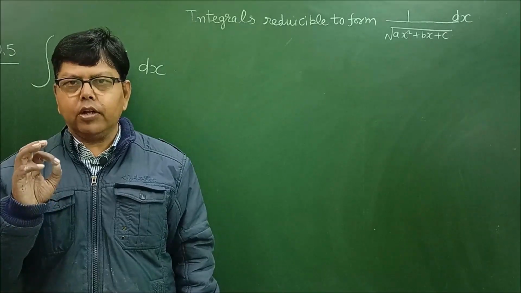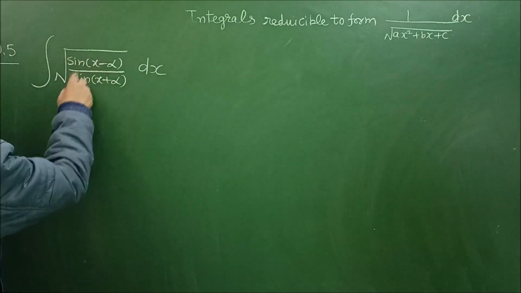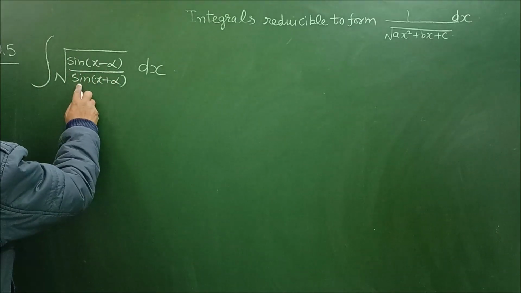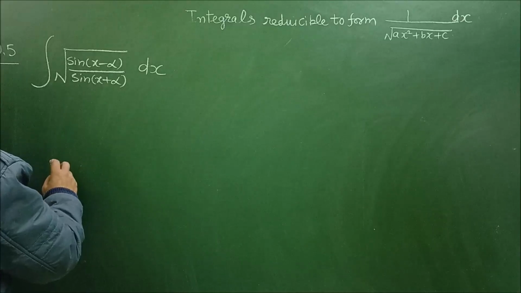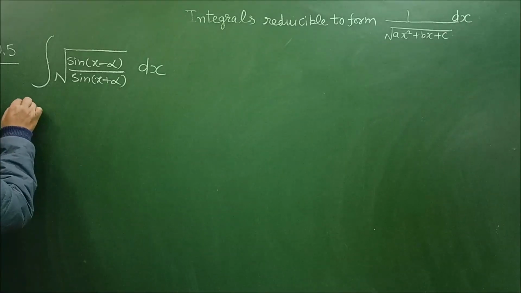Next question, question number 5. Find the integral of under root sin(x − α) upon sin(x + α) dx. So first let us get rid of the square root sign, so rationalizing